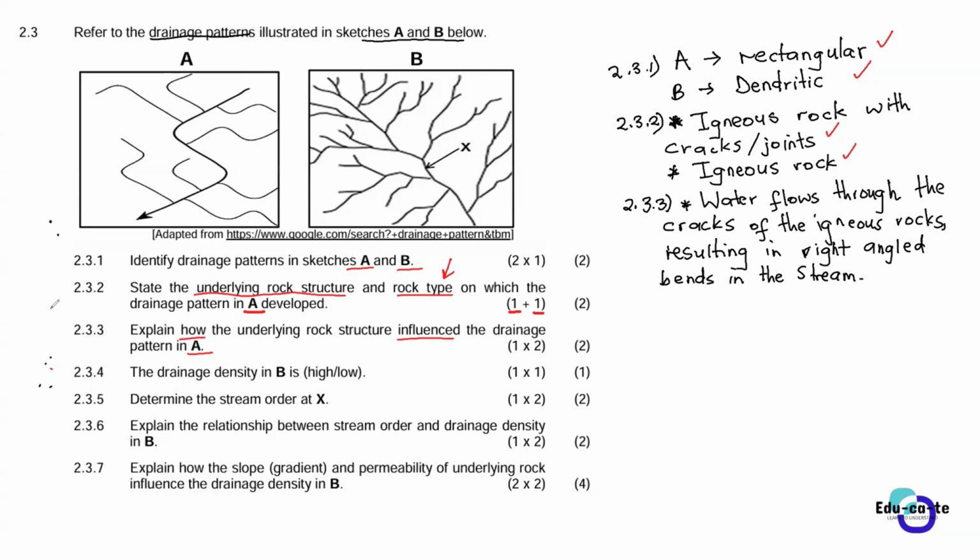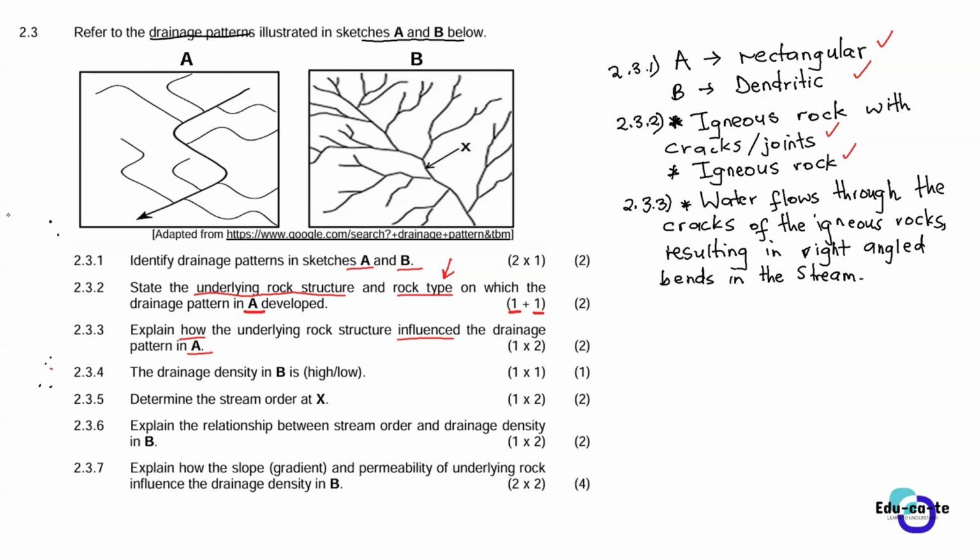It's because the question only requires one reason for 2 marks. Yeah, exactly. Look at the mark allocation as well. This is 1 times 2. It means that it is 1 answer for 2 marks. It's answer times the marks. So that's how you interpret it. This is 1 times 2, which means 1 answer, 1 point, for 2 marks.